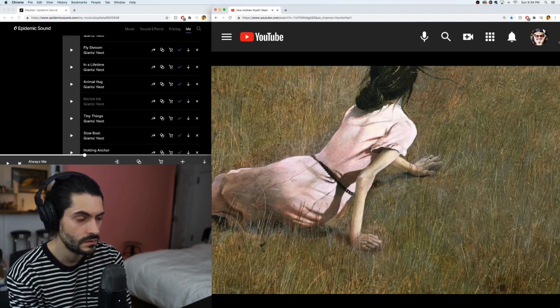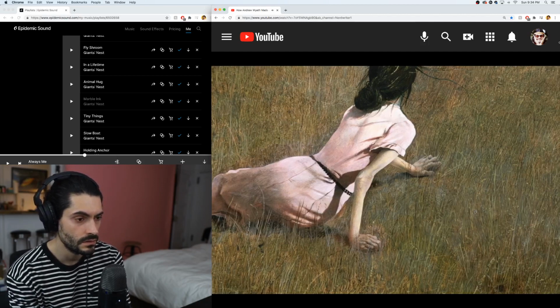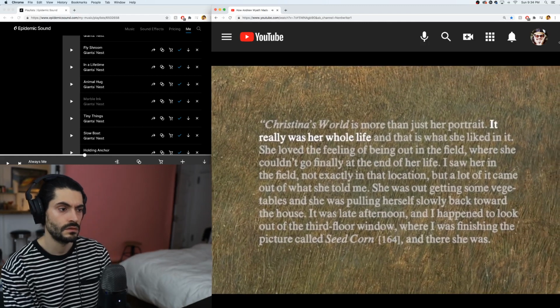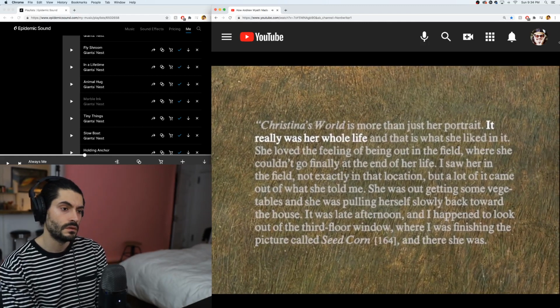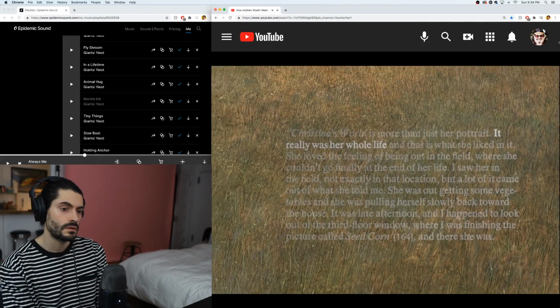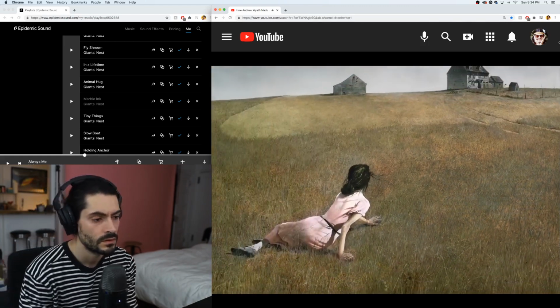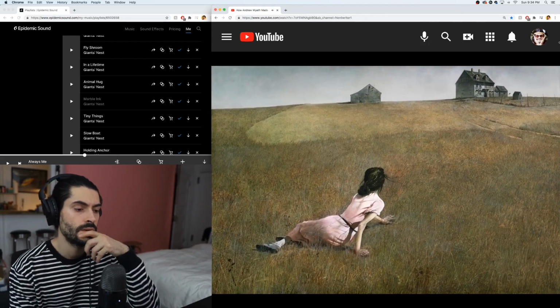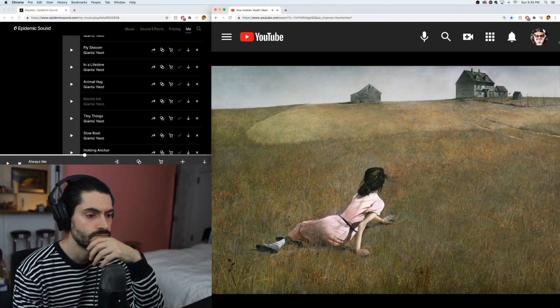Only the arms betray her real condition. To Wyeth, Christina's world wasn't the portrait of someone at just one point in time. It was a painting of Christina's whole life, her weakness, but also her strength and vitality, and above all, the deep, lifelong connection she had to this old family house in Maine and the land surrounding it. By painting a symbolic representation of that connection, by setting it in perpetual motion with his composition,